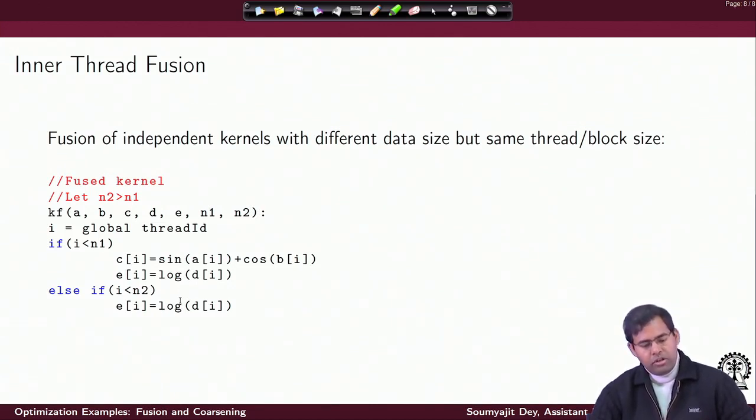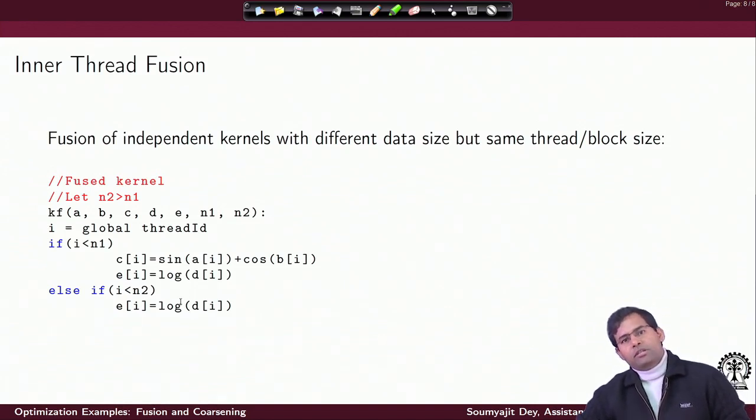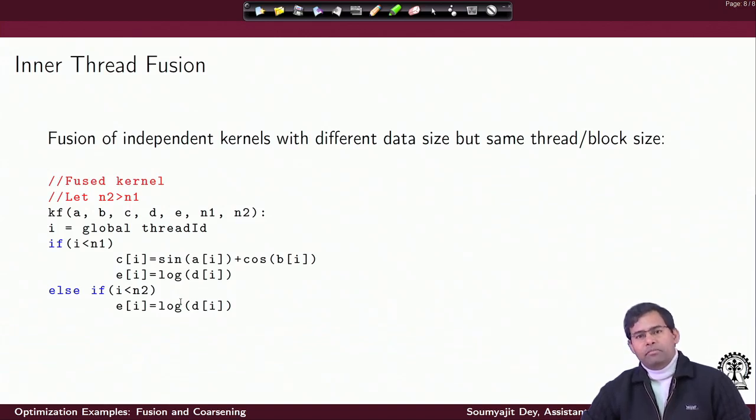So the more I go into this mess of the differences in threads per block as well as differences in number of blocks, it's only going to introduce more and more conditionals even for dependent kernels, and the overall program will get much more complicated with more primitives required. This is already sufficiently complex in case of independent kernels, and that would require additional primitives if I am going to use this concept in case of dependent kernels where I also have variations in threads per block as well as block size, right?